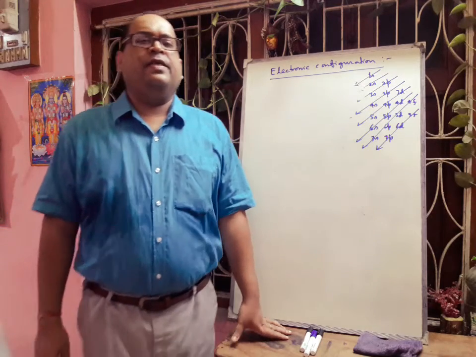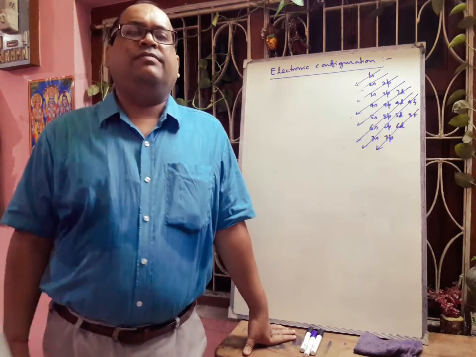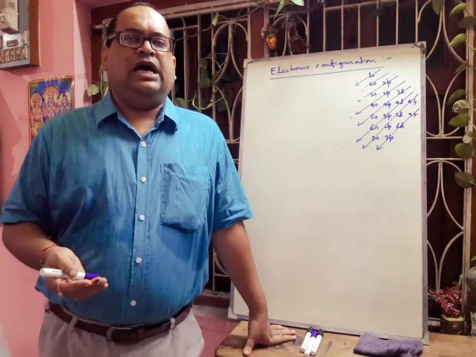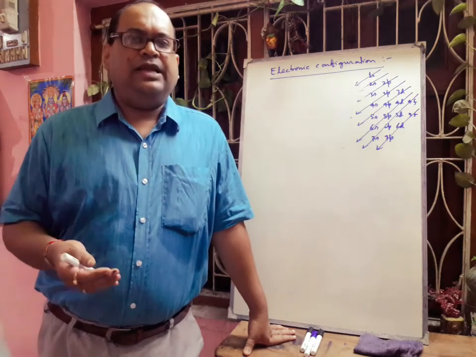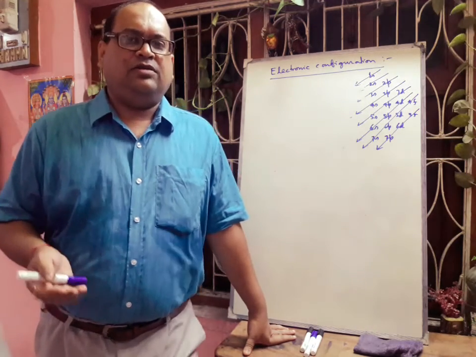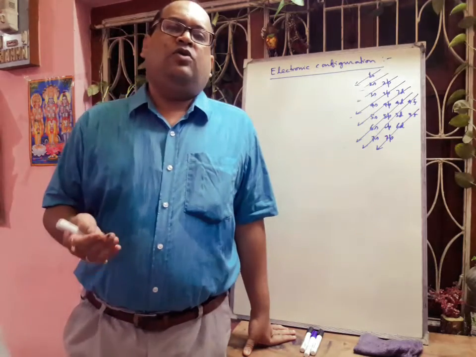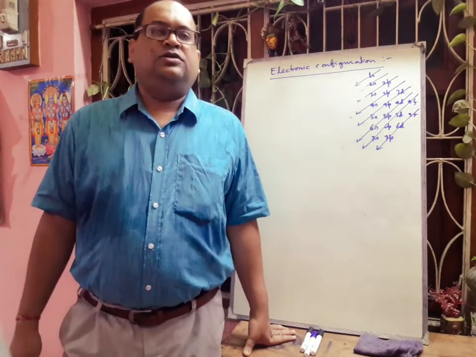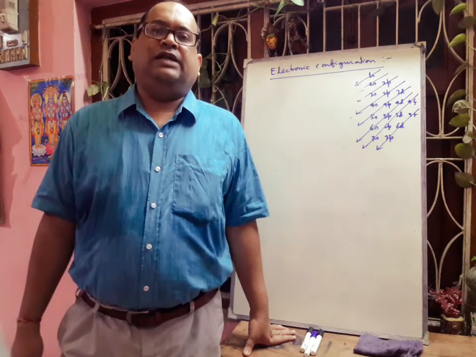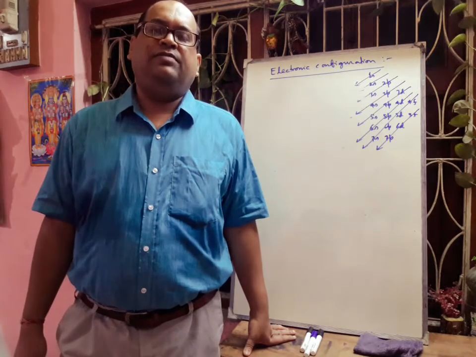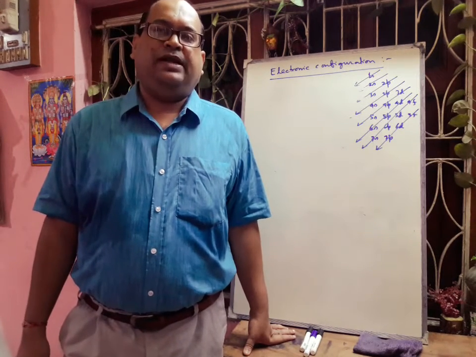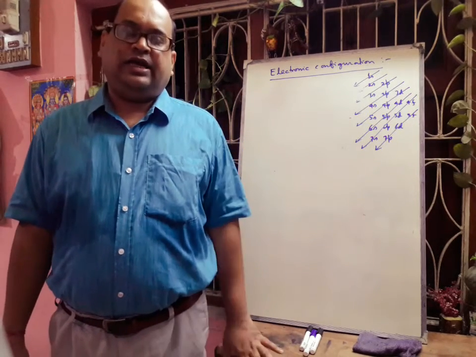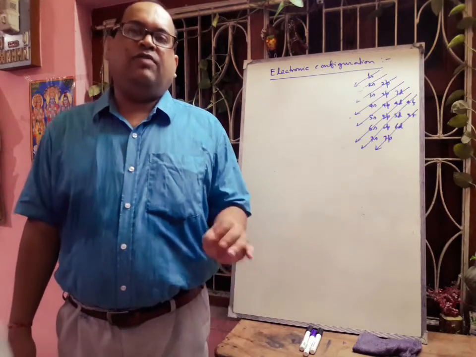And regarding the magnetic moment, if you want to calculate it, you have to use one formula. If x is the number of unpaired electrons, the magnetic moment will be root over x into x plus 2 BM, that is Bohr magneton. In this way you can easily calculate the magnetic moment of a particular element depending upon the number of unpaired electrons. In this way we have completed the electronic configuration part.